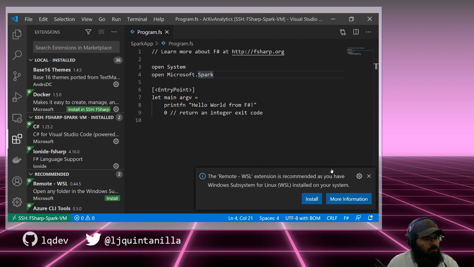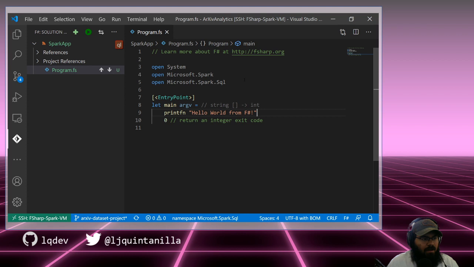So stop this. Let's go back here. All right, the first thing we're going to want to do is open Spark, open Microsoft.SQL, because we're going to be working with that sort of namespace or set of functions. Now, the first thing we want to do is set up a Spark session, and the Spark session is the entry point for